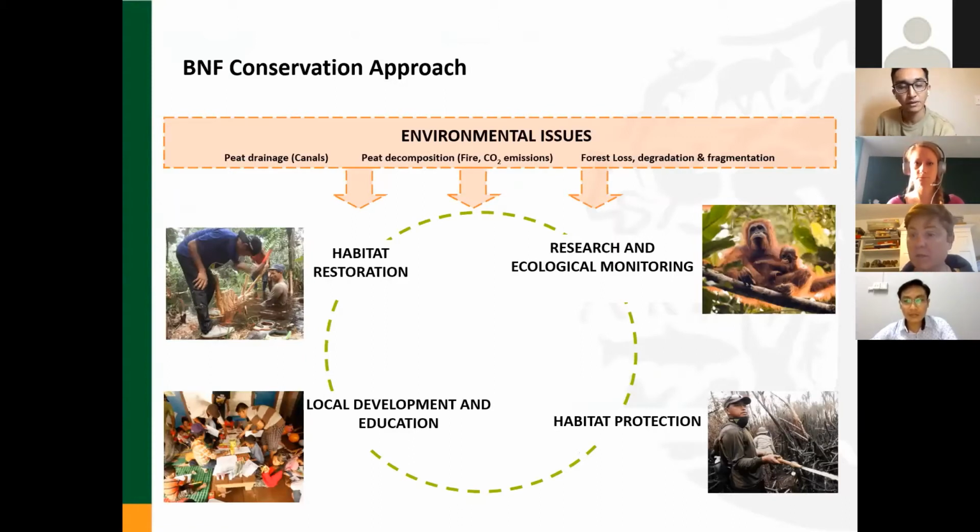So we're taking a multi-level approach, looking at things like habitat restoration. Ecological research and monitoring is absolutely critical, and this will lead on to the more detailed discussion that I will come on to later about how we actually survey gibbons. Obviously, reaching out to local people and looking at habitat